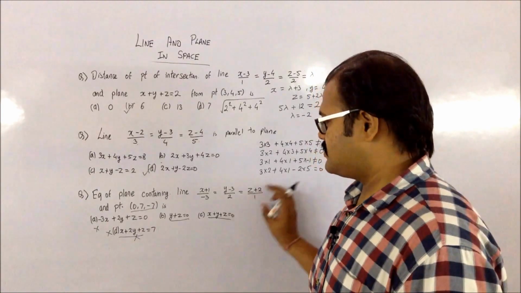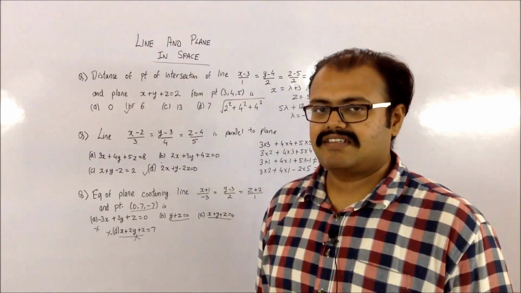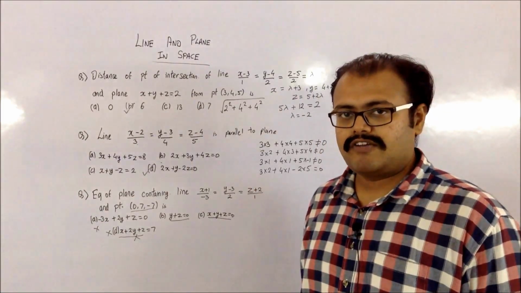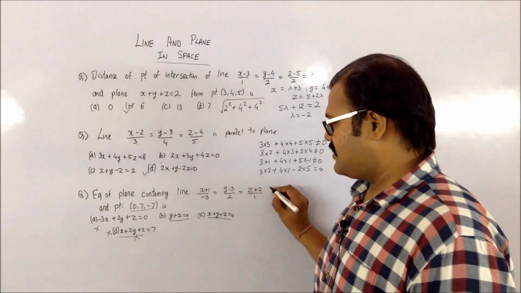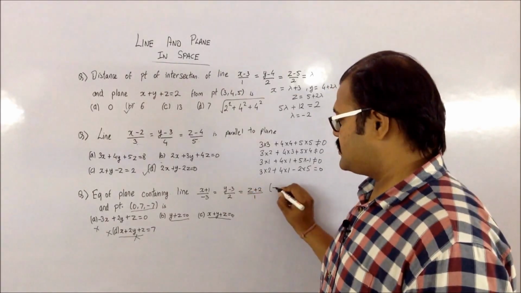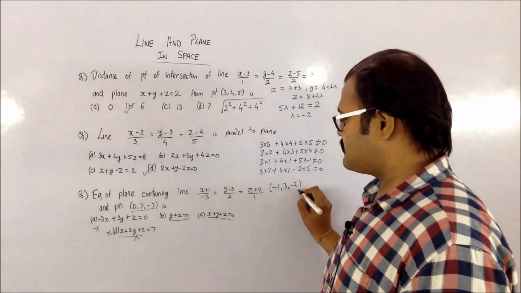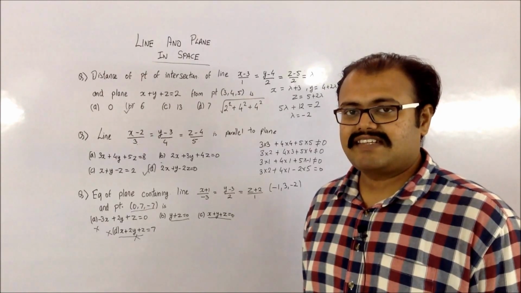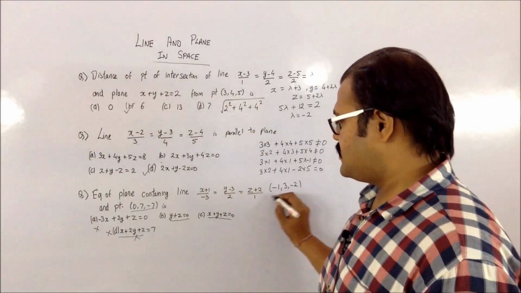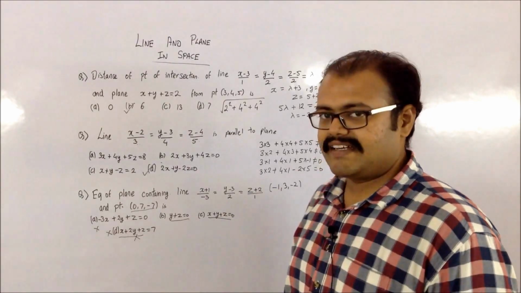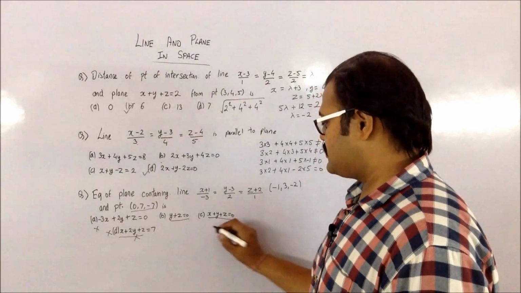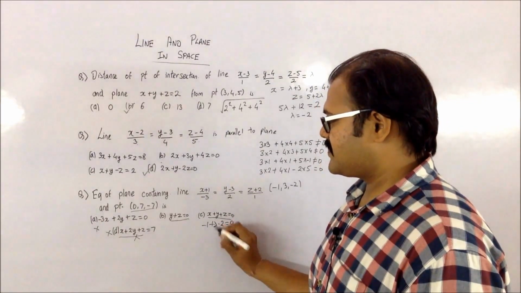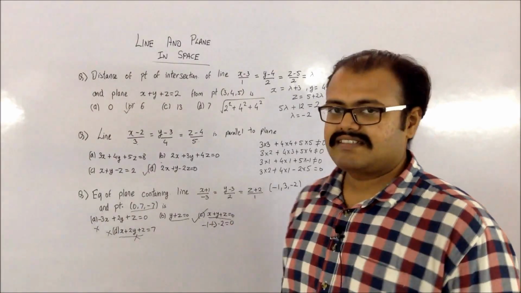Now moving on to the next one, you have to use the information which is given about the line. Now this line has also to lie on this plane. You know that one of the points on the line is (minus 1, 3, minus 2). If you substitute these values in any of them, the one which satisfies that equation will be the right option. If you substitute it in this, you won't be getting that equation. But if you substitute in this, like minus 1 plus 3 minus 2, you will be getting it as 0. So that is why your correct option is C.